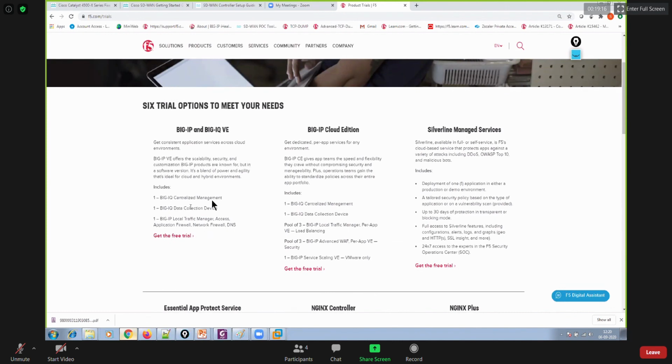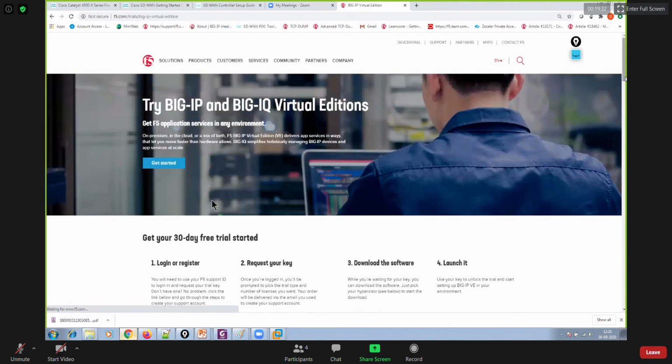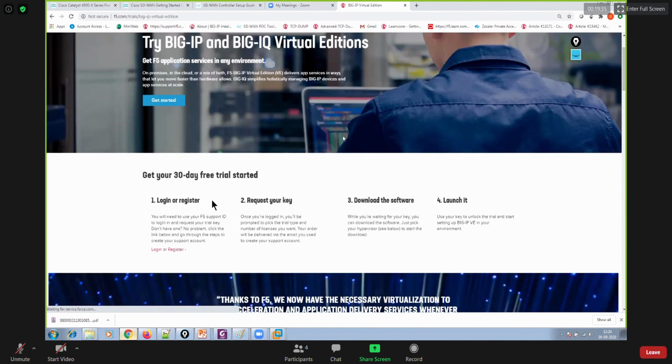Virtual edition is something that you can install over VMware Workstation or VMware ESXi or KVM or other hypervisors. Okay, so get the free trial, click on that link, and then you can see that you can get a 30 days long free trial. Then click on login or register.